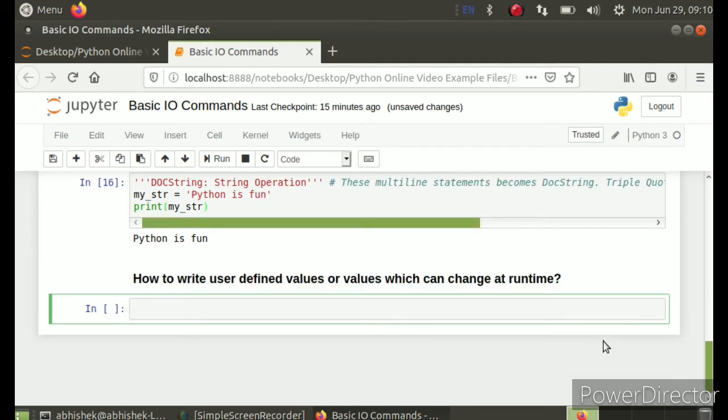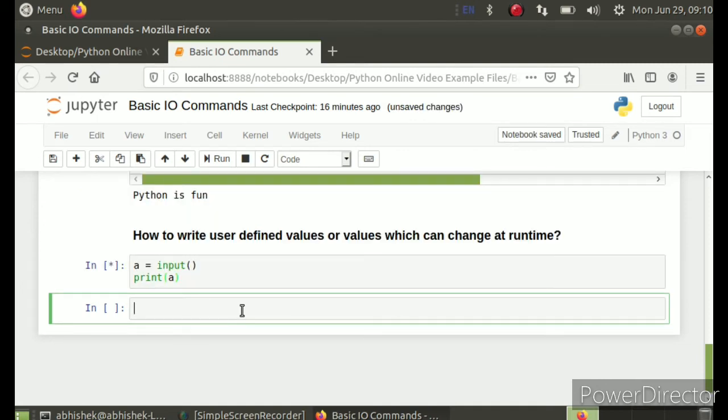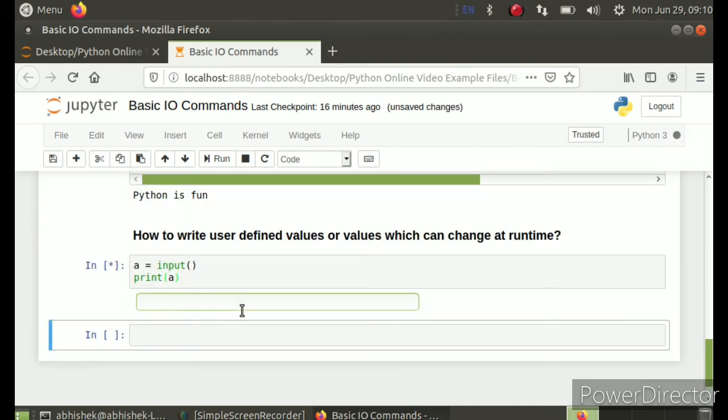If I write a equal to input, now I'm not writing 5, I'm writing input, then I am prompting the user, asking them to give an input like this. Let me write something. Python, enter, shift enter.